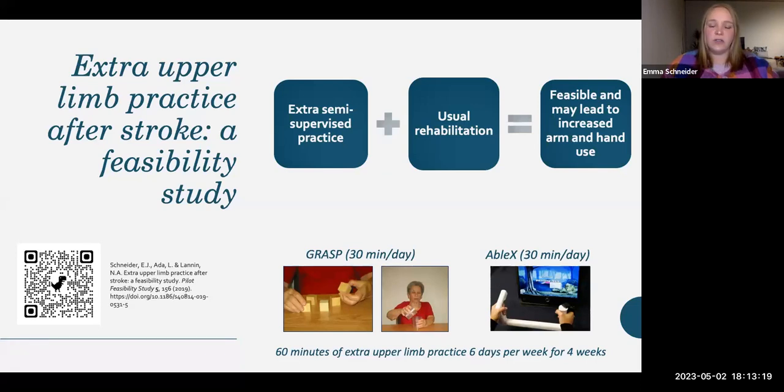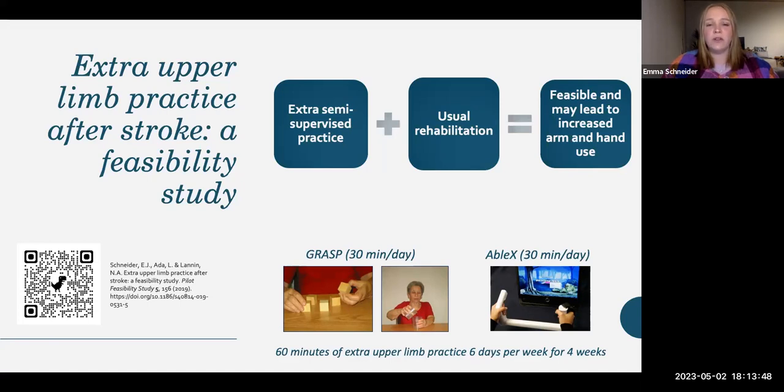There's some literature and data to show that often in rehabilitation, patients feel that they're a little bit bored, or they've got free time, but they don't really know how to spend it. And they're often feeling like they can do more in the time that they have available, but they're not really sure how to go about doing that. So we really wanted to offer an extra 60-minute practice session to people who are already participating in an inpatient upper limb rehabilitation program.